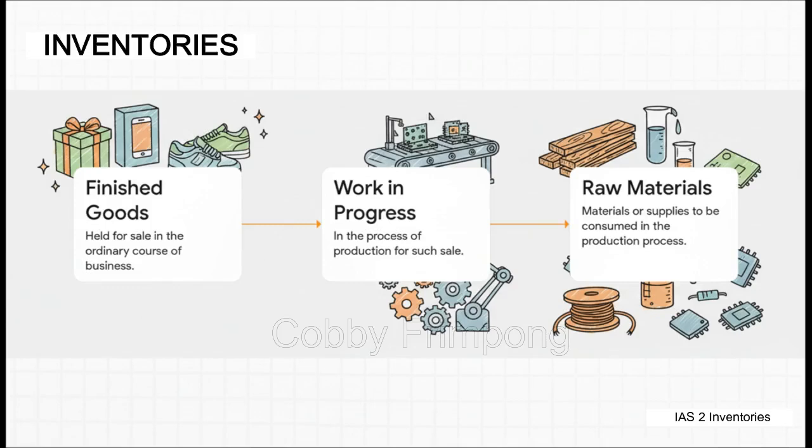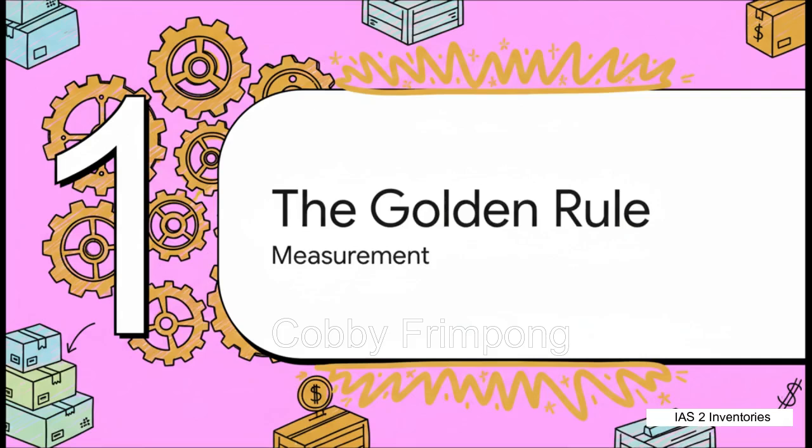IAS 2 defines inventories as assets held for sale in the ordinary course of business, in the process of production for such sale, or in the form of materials or supplies to be consumed in the production process or in the rendering of services. IAS 2 gives us one single really powerful principle that basically governs everything else: the golden rule of